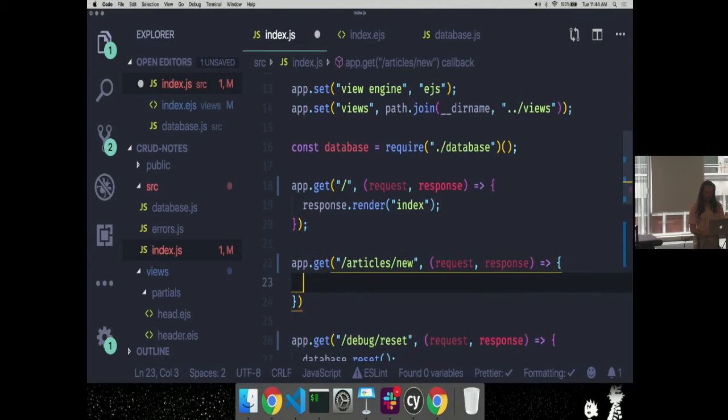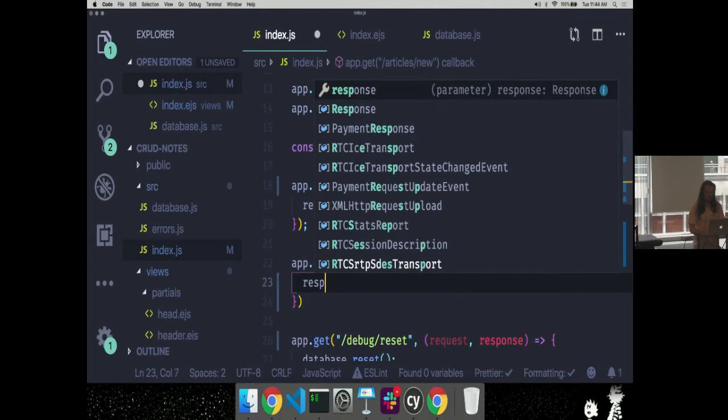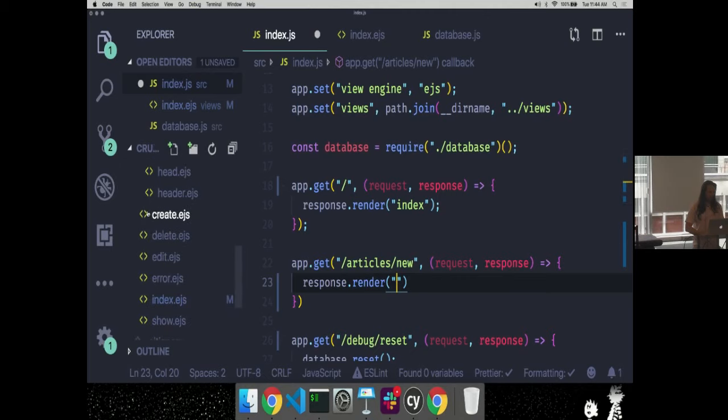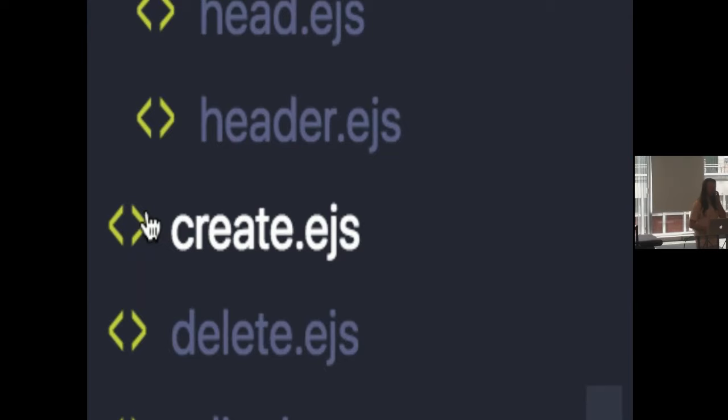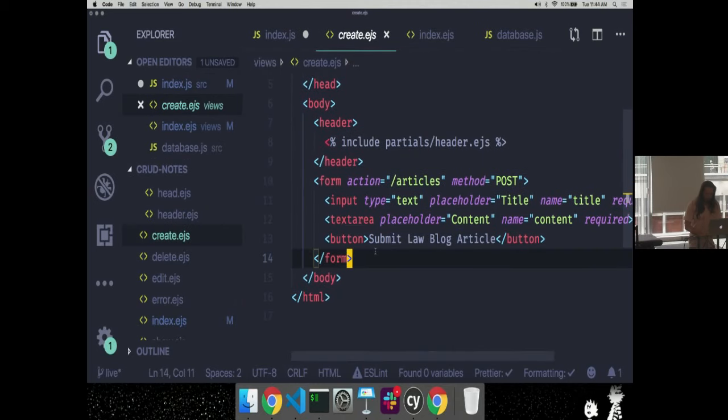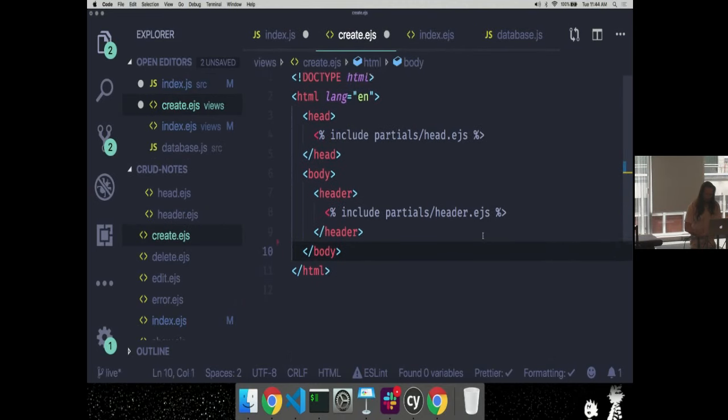And this thing is going to response.render. I have a view for this already. We'll call this the create EJS file. There's no EJS file for actually creating the resource. That's a JavaScript behavior that's going to be in the route. But there is a create EJS file that renders a form that lets us click the button. That's right here. I'm going to get rid of this.